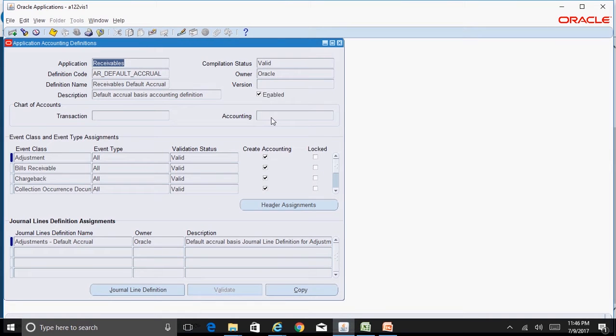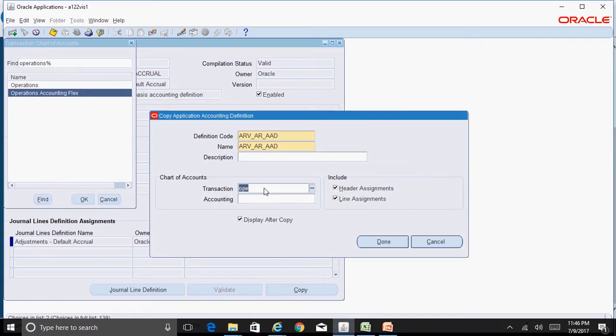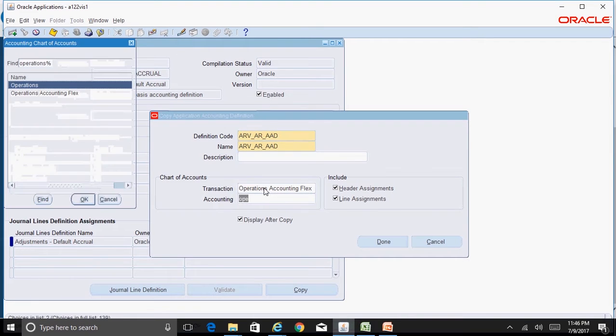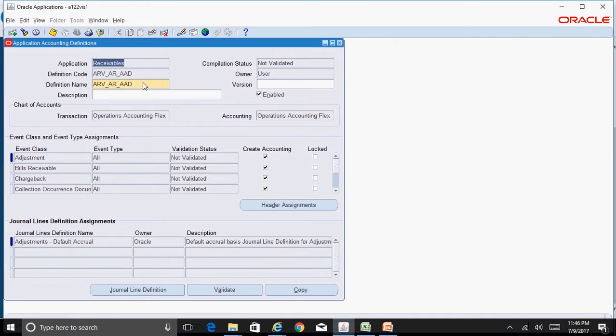Even in this case, we'll copy this and create our own version of the AAD, which is the application accounting definition, and then make the changes there. Click on Copy, and again follow the naming convention: ARV_AR_AAD. Transaction chart of accounts is Operations Accounting Flex, and accounting is Operations Accounting Flex. Click on Done. This is our custom version.